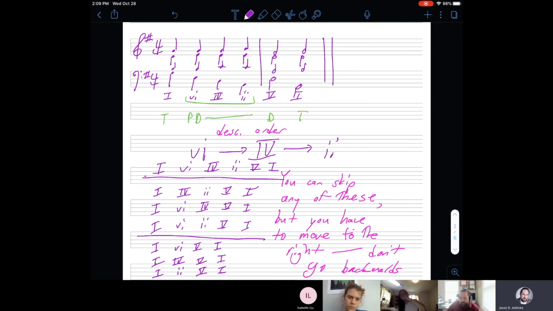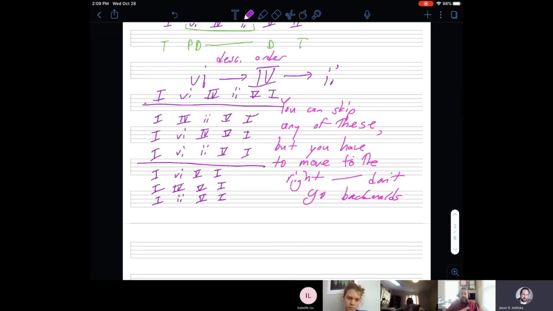Okay. Does that make sense so far? This may seem a little weird, like how do you know which one, but you'll get better at it with practice. Now, let me go over these in a minor key. So in a minor key, everything works exactly the same way, but we do have to make a few little